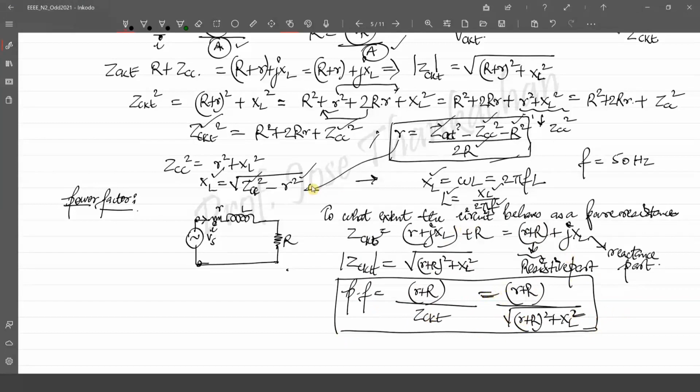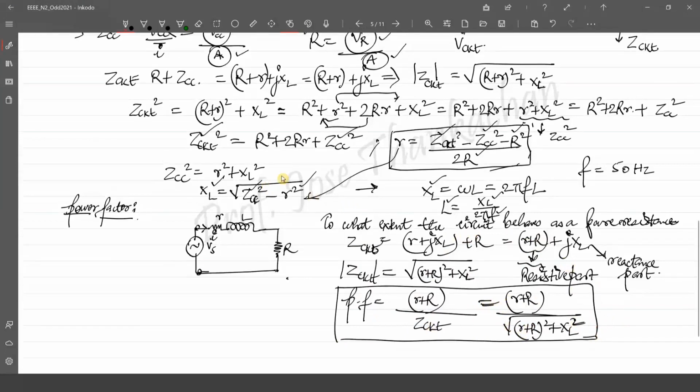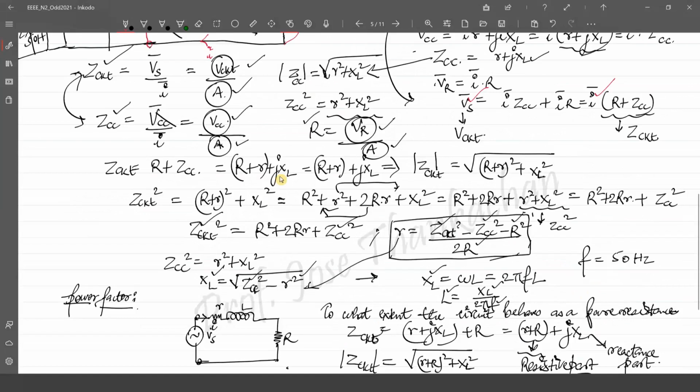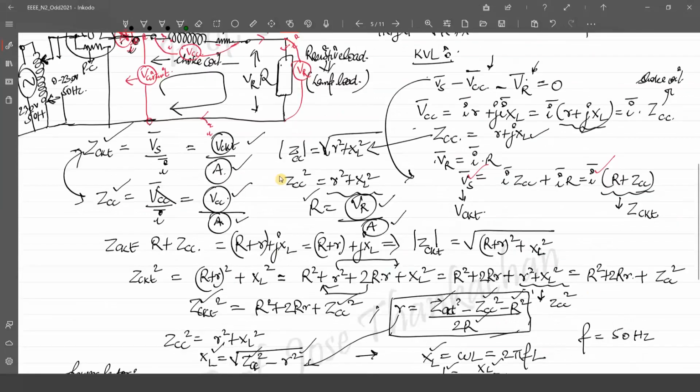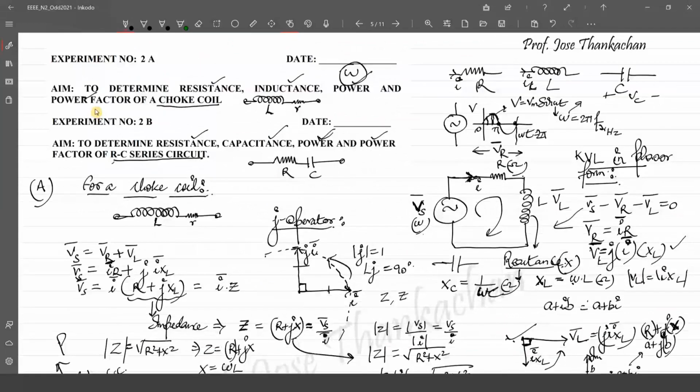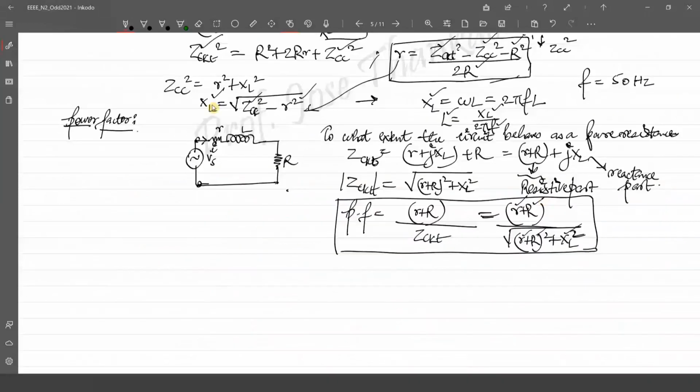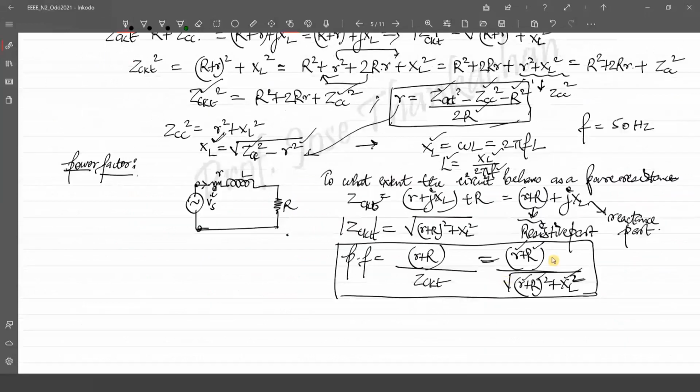Fine. So you can evaluate this for the given circuit also. Power we have seen from the wattmeter, and power factor, I've told you how to find out. Since you know what is small r, you know what is capital R. This is known. XL is also known to you. You have seen here, XL is also found out. Once you know all these quantities, you can find out the total power factor of operation of your given circuit. Is this clear?